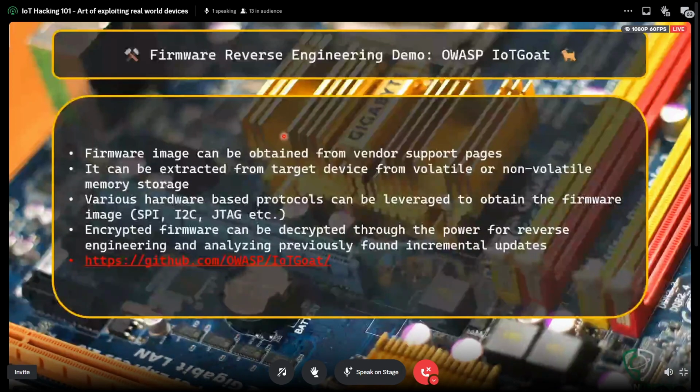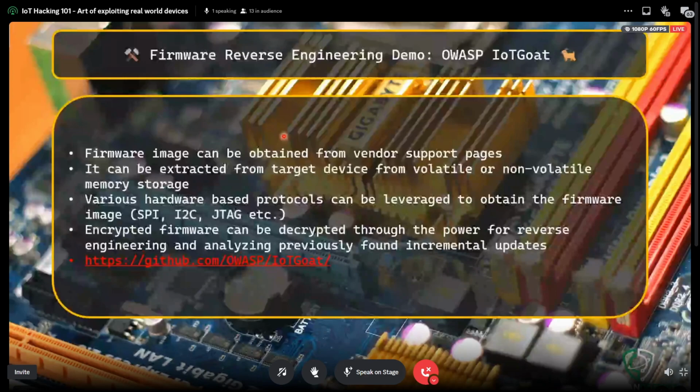Another one would be, if you have the target device itself, like the user who just said he has the old TP-Link router. What you can do is open the router, and there are certain debugging interfaces you can find. They sometimes have them. One of them is SPI.